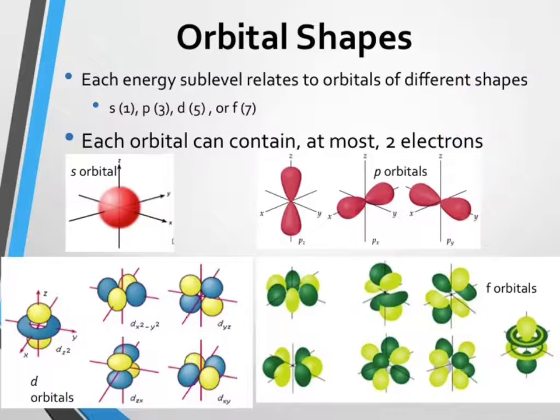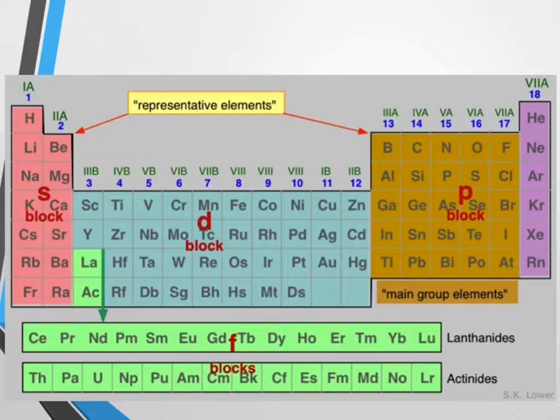We continue on. I said each can hold 2 electrons. All right, so this is what it represents on the periodic table. Look at the periodic table. If you're looking at the periodic table, and like I said, this is the p block too. Let me get my iPad here and make these notes here.